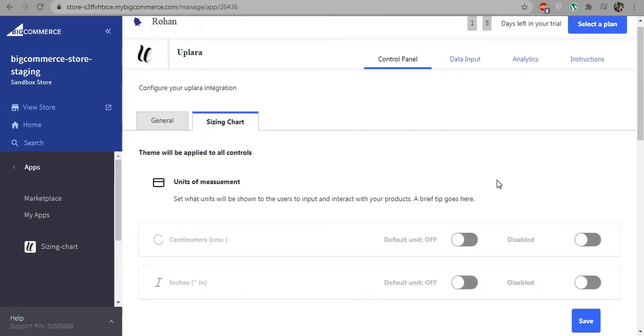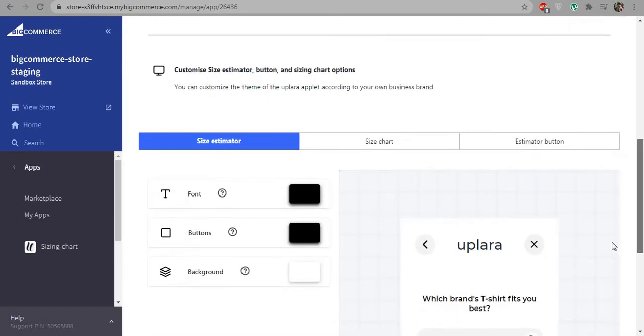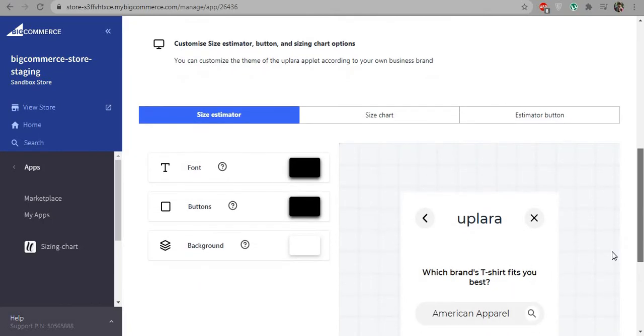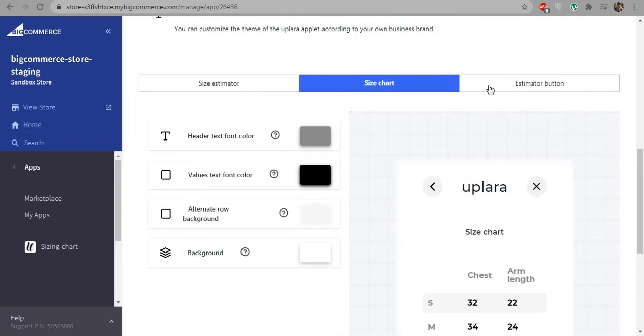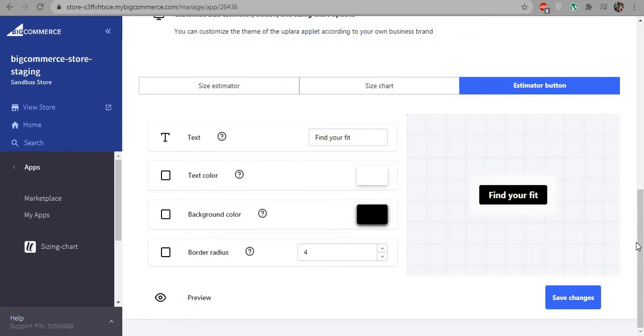In the sizing chart tab, you can easily set the unit of measurement that you want to take, like is it centimeters or inches, and then you can set the default unit. Now scrolling down, you can easily customize the size estimator button and sizing chart options. You can easily customize the font, the background color, the text. Then you can easily preview the changes you have made, and then you can click on save changes and proceed